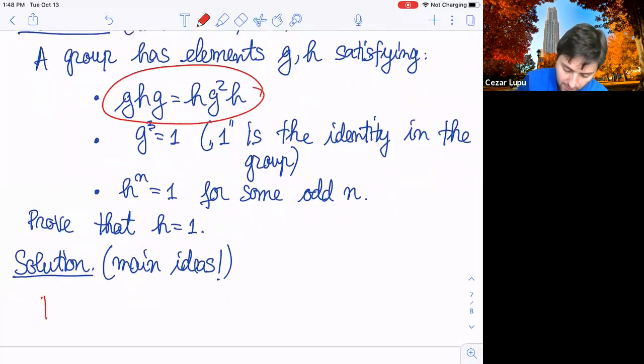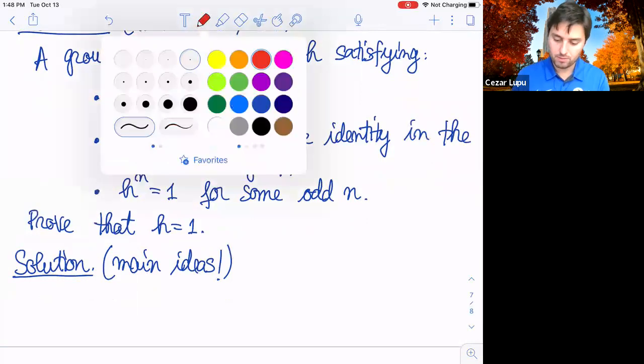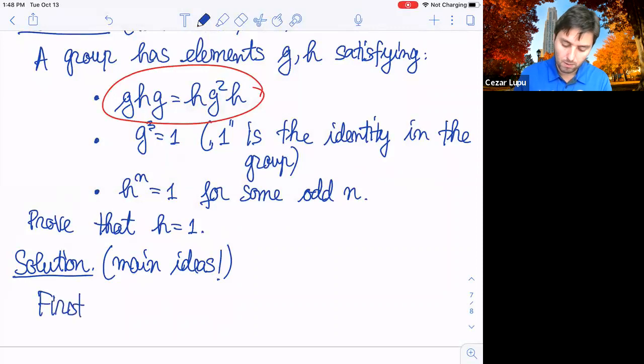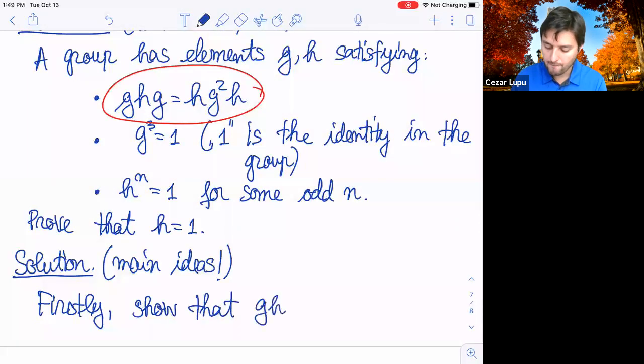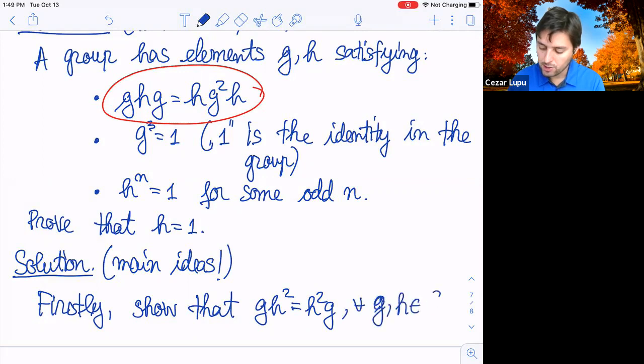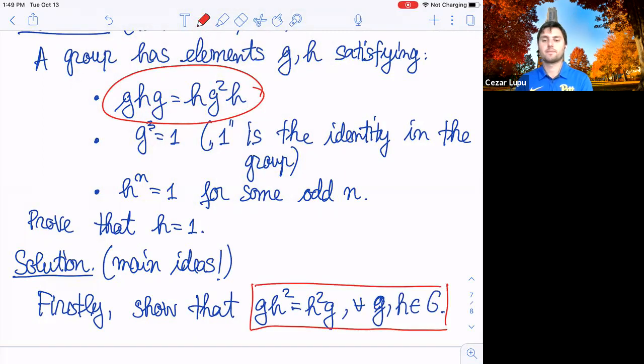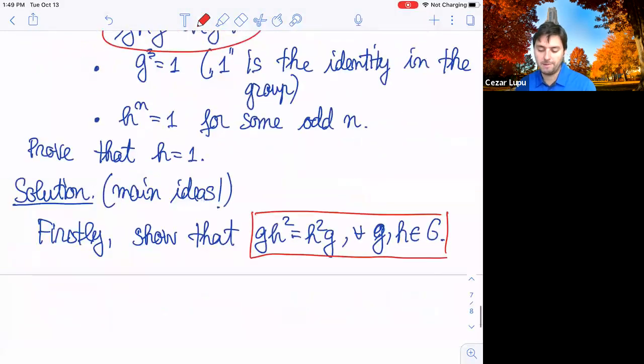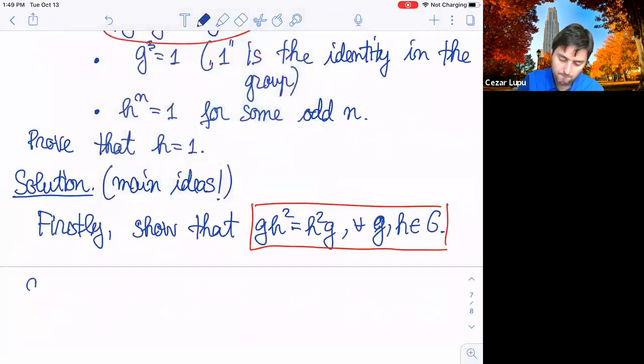So I would say the first thing you need to do is prove that GH squared is the same as H squared G for all G and H in G. And now, once you do this, maybe you can proceed in showing, secondly,